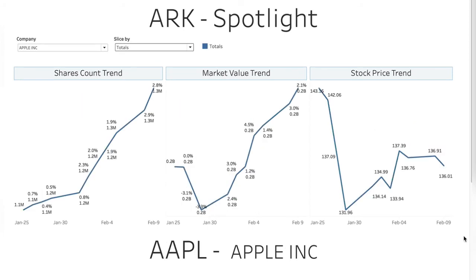Hey guys, up next is Apple. Let's take a look at the same 3 KPIs on how ARK has been doing on Apple. Looks like they have been bullish on Apple as well. They continue to buy more and more and more, even though the stock price went down. It's kind of a similar curve as you see for Tesla as well. It went down when the earnings were released. In fact, Tesla and Apple earnings were released on the same date this quarter, it seems, and it went down at that time, so the market value took a hit on that day. But ever since, it's been going up. They have been buying more and more,